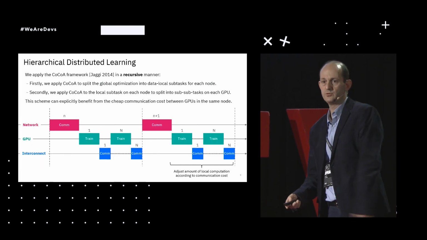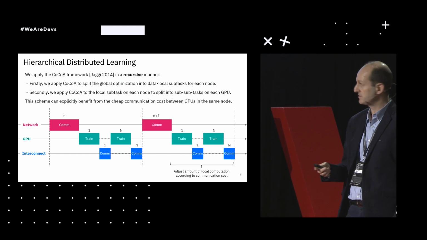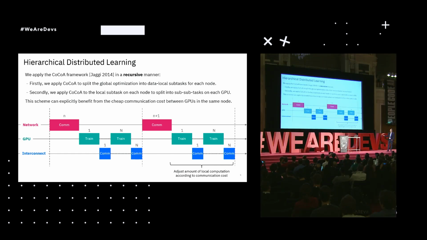So this is what we do here actually in SnapML, and this is, again, another fundamental building block. We apply a state-of-the-art framework in order to do distributed learning. It's called Cocoa. It has been recently proposed. And actually, we apply it in a recursive manner. So what we do, if you look at this picture here, is we take two, say, communication rounds,